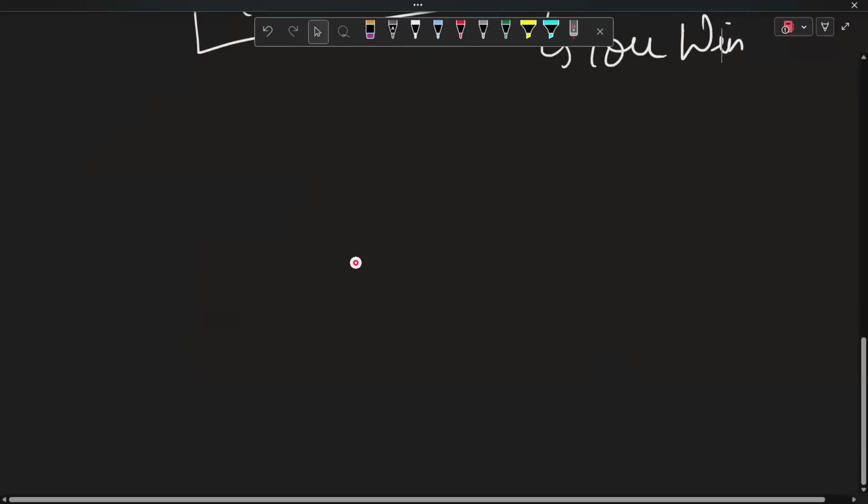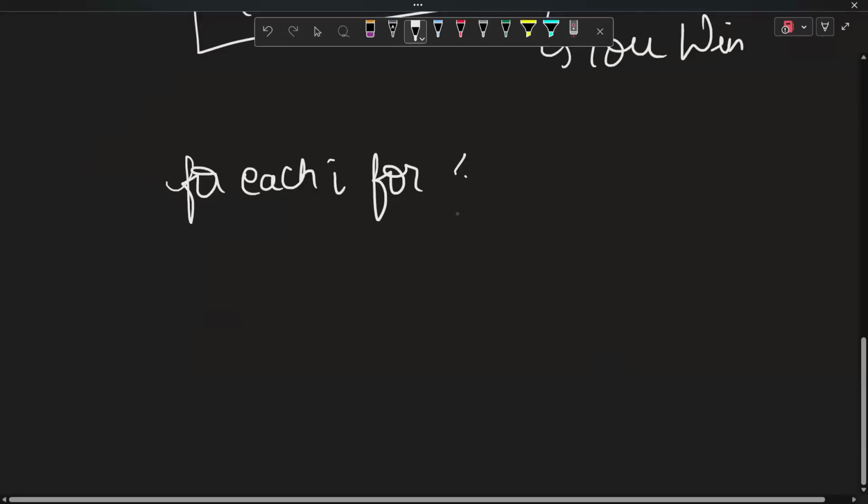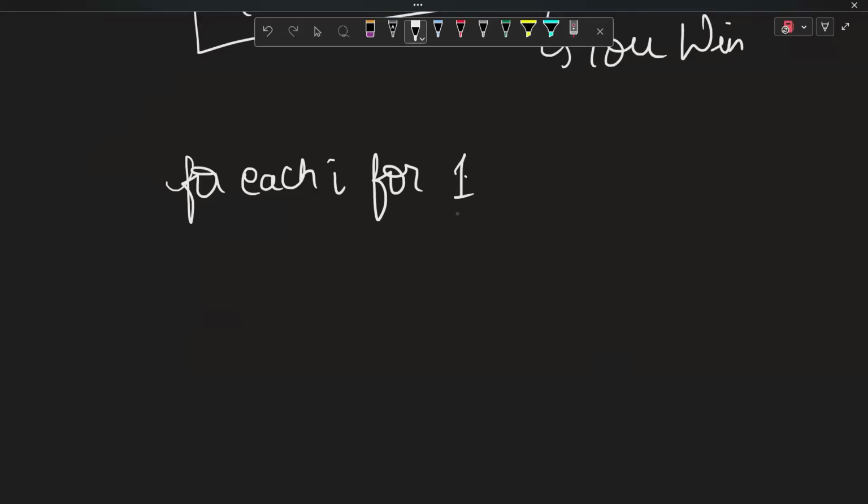You can brute force through all possible i. In the question you have to print the index, which is one-based, so in one-based indexing, for every i from 1 to n,